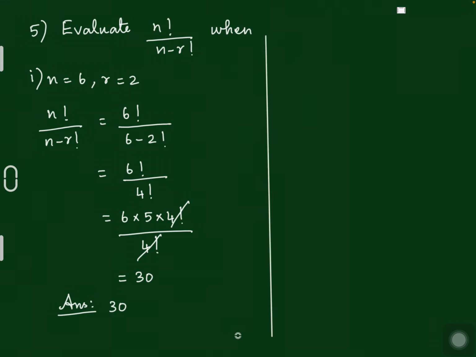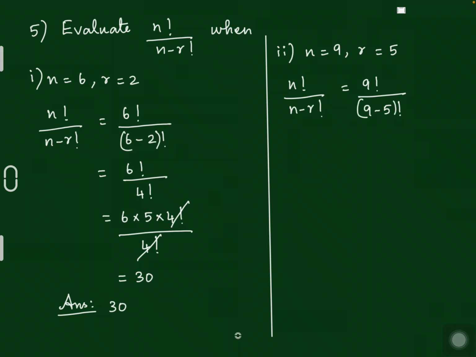Now let us do the second problem in this, that is you have to again evaluate n factorial by n minus r factorial when n is equal to 9 and r is equal to 5. So n is 9, so 9 factorial by 9 minus 5 factorial. It is n minus r factorial, should be within the bracket. So 9 minus 5 is 4